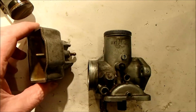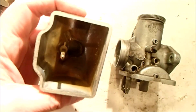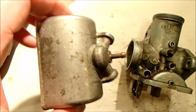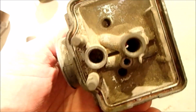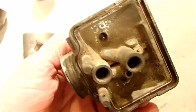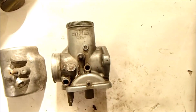Here's a few shots of the carburettor body before I actually put it into the ultrasonic cleaner. It's pretty grotty, has general dirt and grime built in. It's looking a bit tired. The main concern is really the internals, how grimy and rotten they look. A lot of dust and dirt in there, and other parts